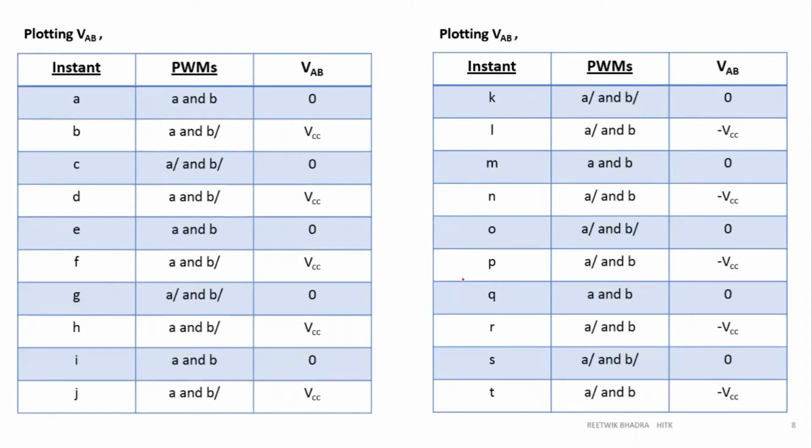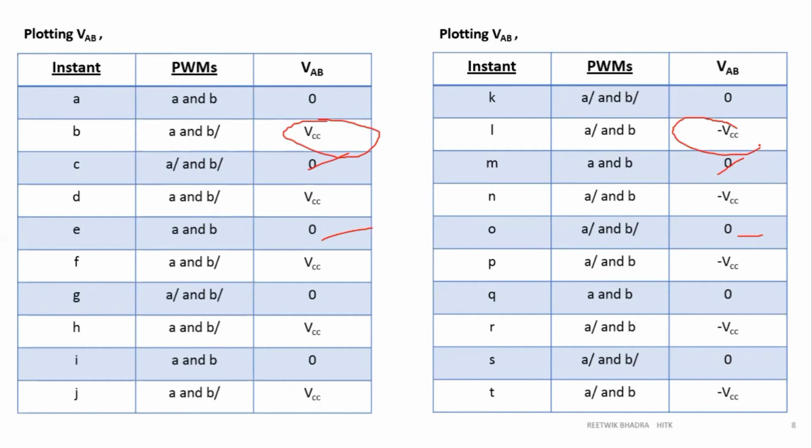sine PWM. Now I have shown you this slide because if you make a comparison and study, it will be easy for you to remember. So how do you make the comparison? See, wherever 0 is there, 0 is given: 0, 0, 0, 0. And the other values, VCC, in the negative half will be mutually exclusive.